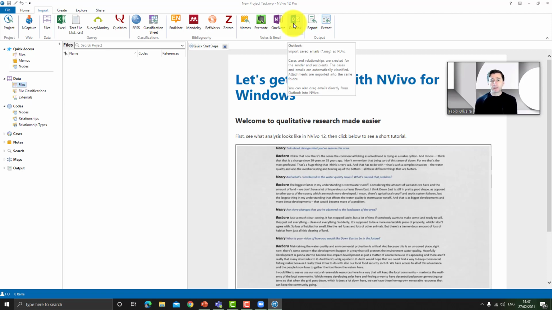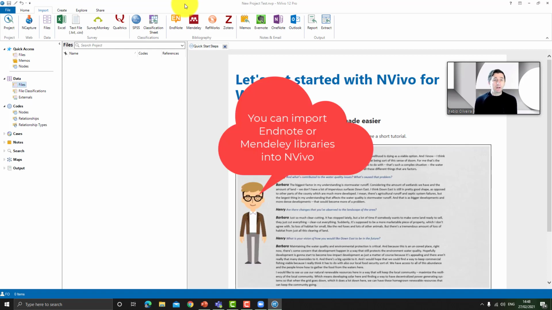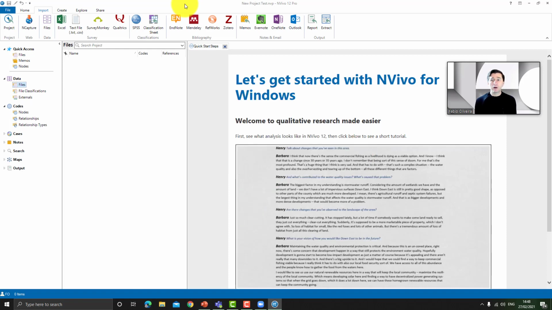So if you have received emails, if you are analyzing emails, for example, in your study, you can import all this data inside NVivo. I will start with what I think is a very interesting project, which is to organize your literature review using NVivo. For the literature review, you will have a file in EndNote or in Mendeley, and then you can import the library inside NVivo. And once you do that, you can create nodes inside NVivo, and you can also have